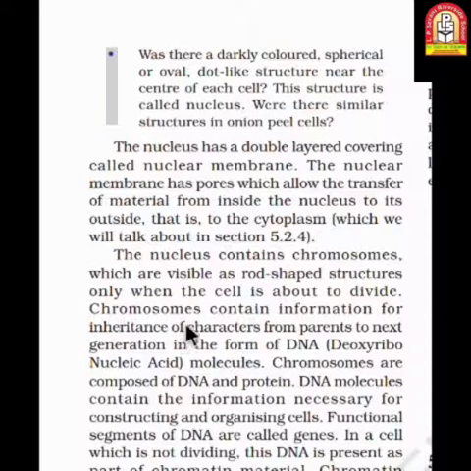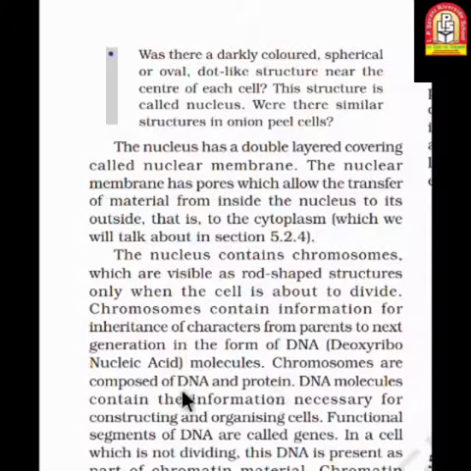So the chromosome has all the information for inheritance of characters, just as the CPU of your computer and your hard disk have all the information regarding the PC. Exactly like that, our chromosomes have all the information of our body structure, and it is necessary for inheritance. Inheritance means copying the parents' characteristics into their offspring.